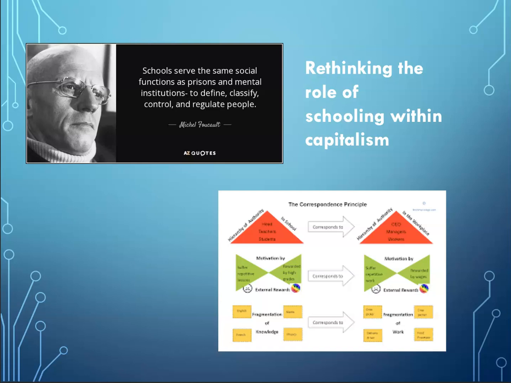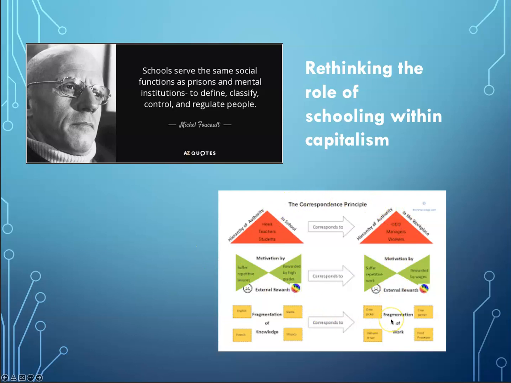Now, we may not think that we do that in schools, but we do it through marks. We do it through watching as kids go up and down the halls. We do it through surveillance out in the yard. And that's partly for safety, but it's also partly to make sure that people are doing what they're supposed to be doing, right? So sometimes surveillance isn't a bad thing. It may be a good thing in some cases, but that is how we control and that is how we regulate. And we do that for a particular kind of purpose. But it's a very interesting notion of how we can think about what actually is happening in schooling. It's a bit of a dark view, but it's nevertheless one that could be well supported.